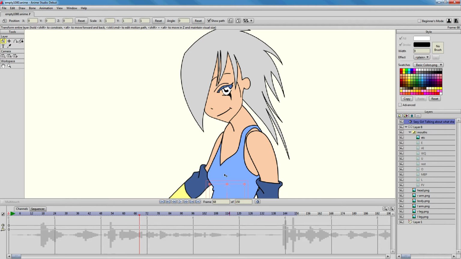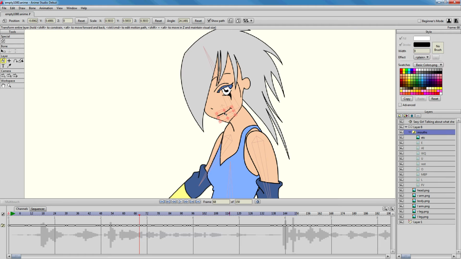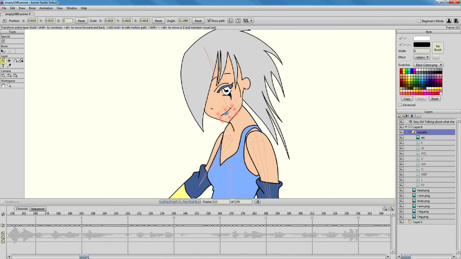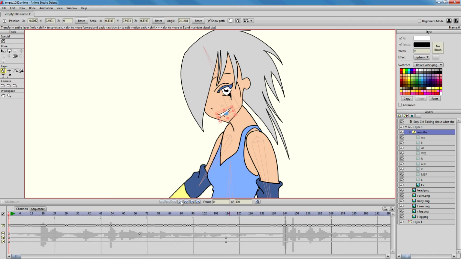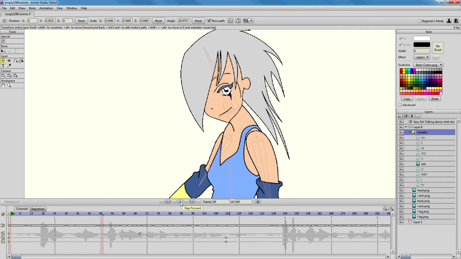That looks pretty good, and I'm going to resize her mouth a little bit. Maybe move it up. And let's see what happens now. And I think I'm going to rotate it a little bit. And this is something you can fix yourself when you're doing it. And now also we need to know that this is a big, humongous thing, so it's like 400 frames. So we go over here and put 400. Go back to the beginning and